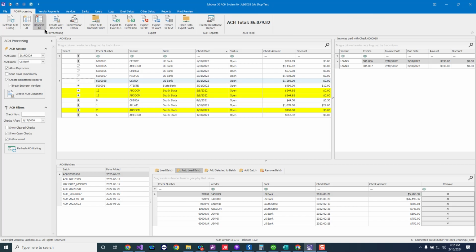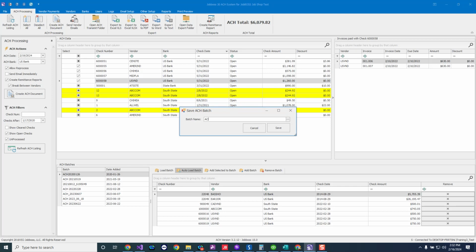It's fine. And finally, once I send this to the bank, the last step in the process would be to send out vendor emails. So once I've transferred my file up to the bank, I would come back in here, and again, I could also create a batch here. I could add this as a batch. I could say ACH 2024 0215, or sorry, 16. Save this,